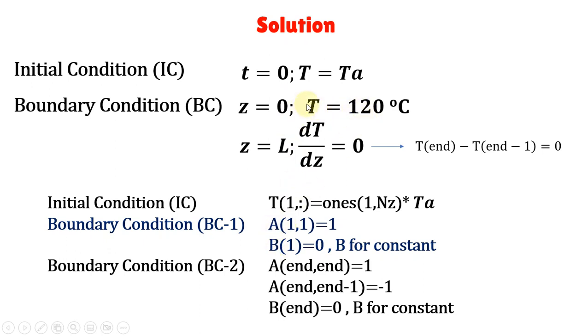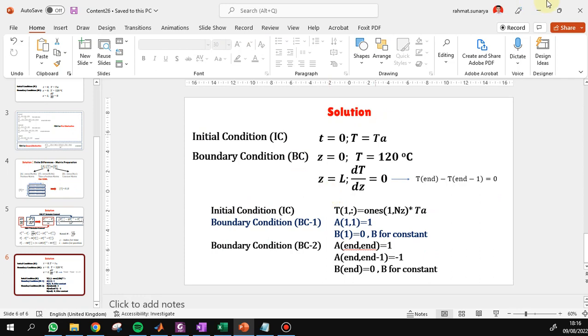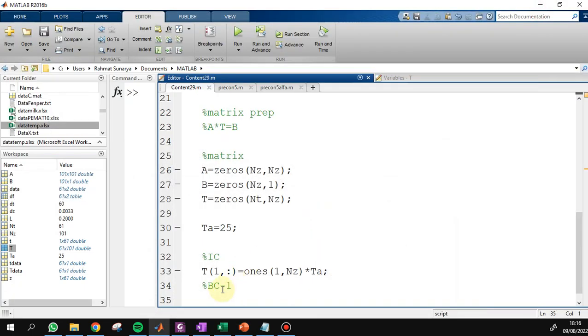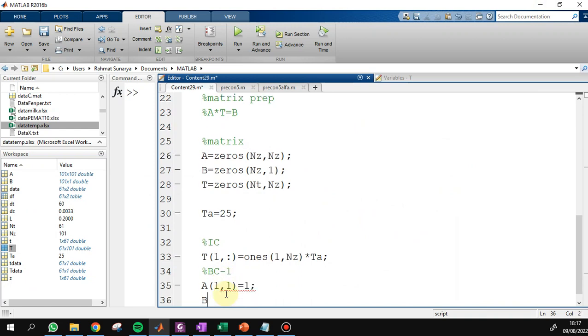So the coefficient is 1 and the variable is T. So A(1,1) equals 1, and B is the constant, 120.